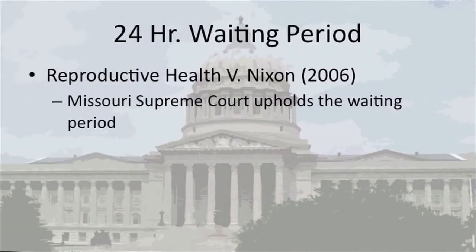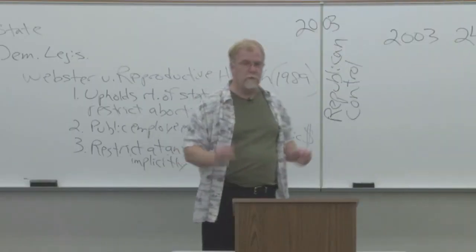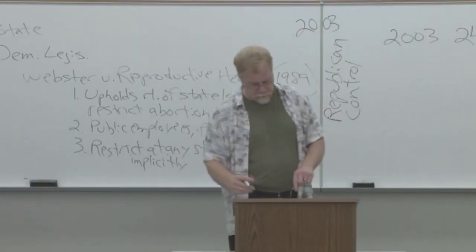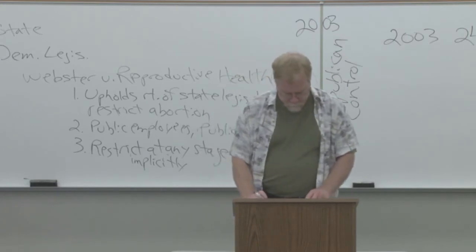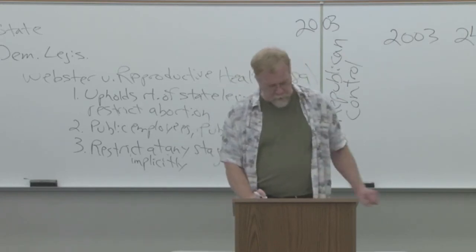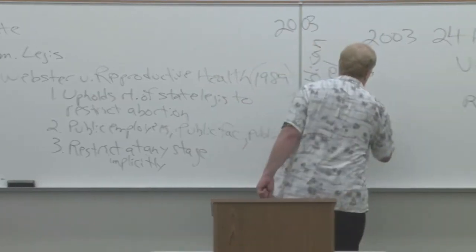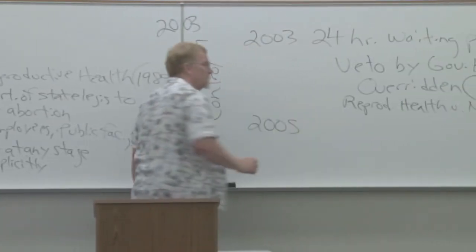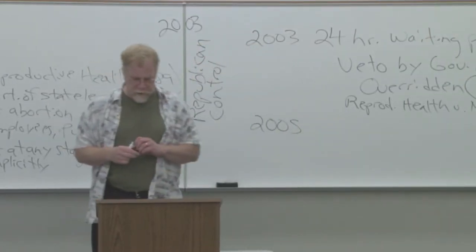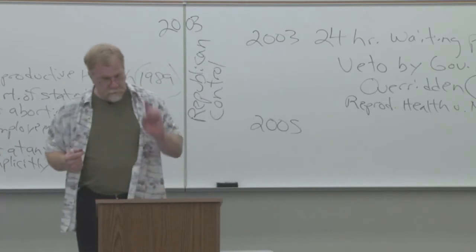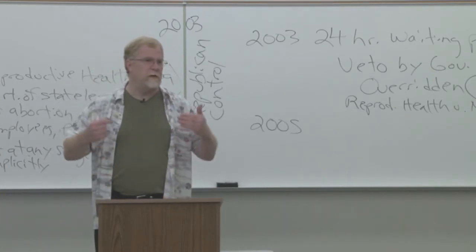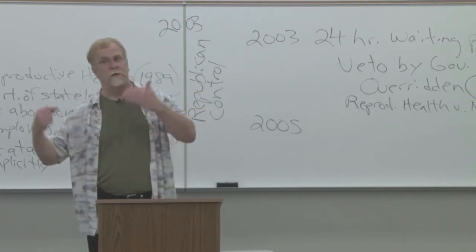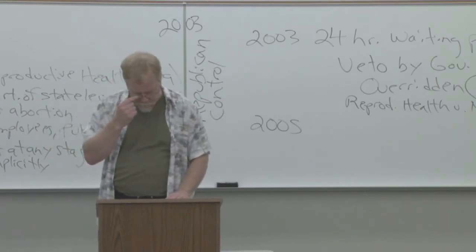The legislature passes it, the governor vetoes it. The legislature overrides the veto. The same law is challenged at the Missouri State Supreme Court, and it is approved. So we have, again, the narrowing of abortion rights. Also, we take a step forward to 2005. Going into the future just a little bit, in 2005, Missouri passed a law restricting what would be transportation with respect to abortion. Let me just read the statute.